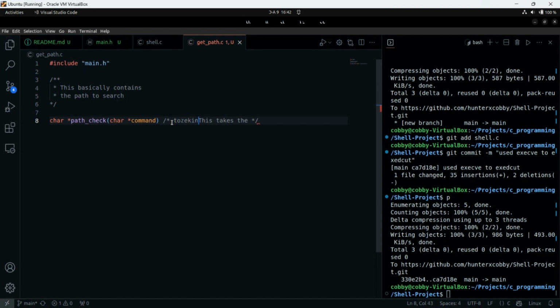Remember we tokenize a string, right? We have a token. So this takes the tokenized string.